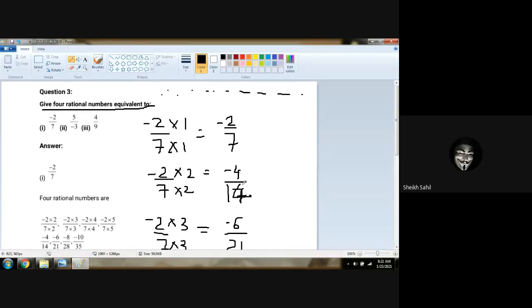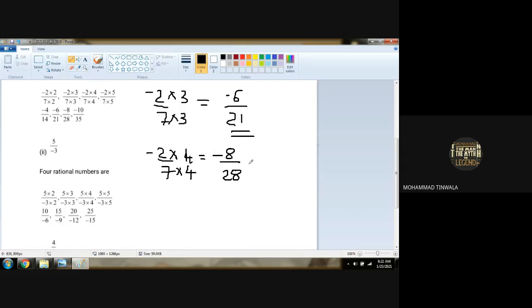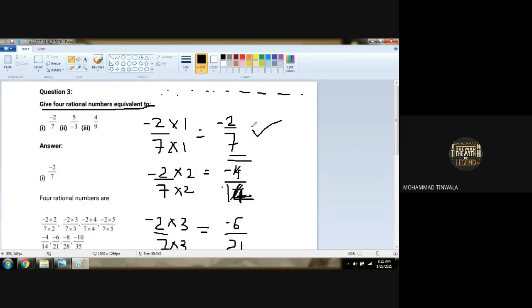This is the same as before. Yes, first question number 2, same thing. If you divide this, you will get the first rational number. So it is all equal. If you divide this, you will get this rational number. If you divide this, you will again get this rational number. Understood? So how do we describe equivalent rational numbers?